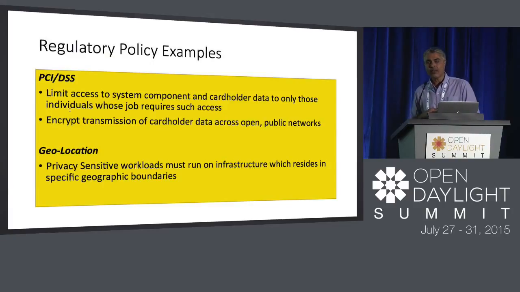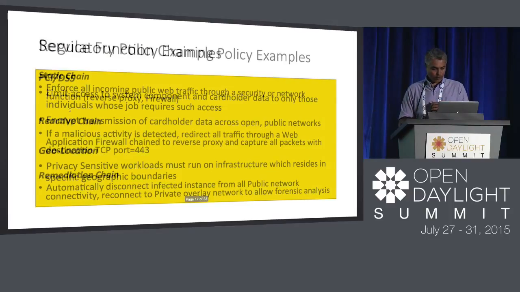The next one, which is becoming more and more common, is geolocation. Again, I want to be aware of where I put my certain privacy-sensitive workloads, within a physical boundary of a continent, a country or whatever. So my infrastructure should reside there. I will run this workload only if the infrastructure is in this geo, whatever the geolocation is.